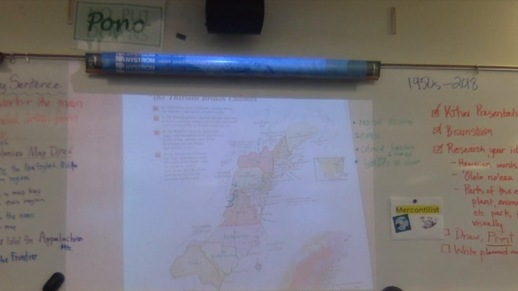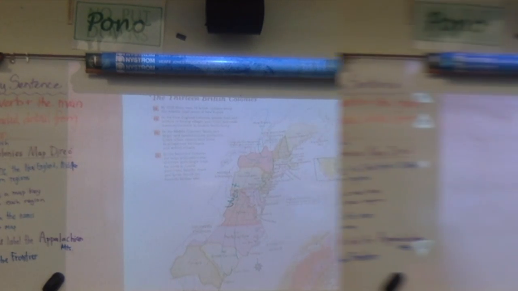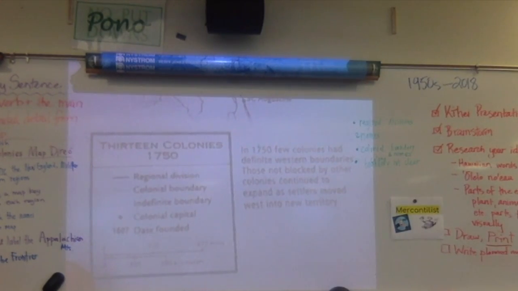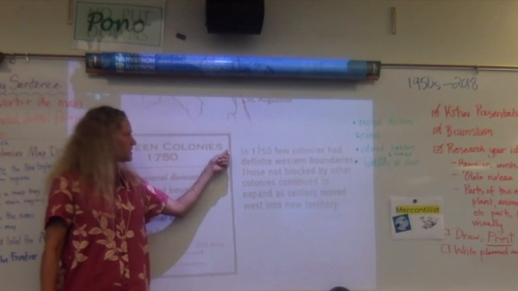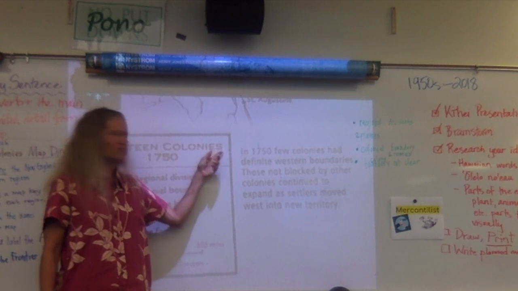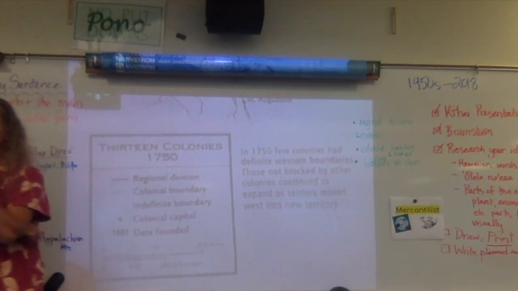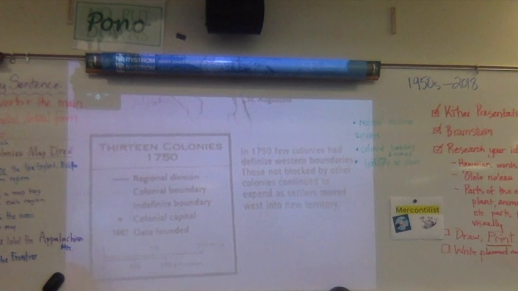Okay, so let's go to the caption. This is the last place to look. The caption is right next to the map key in this case. Ready? Everybody together, go. In 1750, few colonies had definite western boundaries. Those not blocked by other colonies continued to expand as settlers moved west into new territory. Thank you. So, guys, in other words,